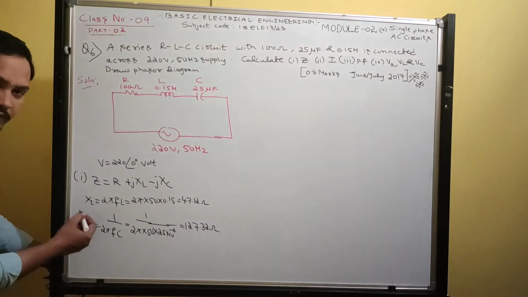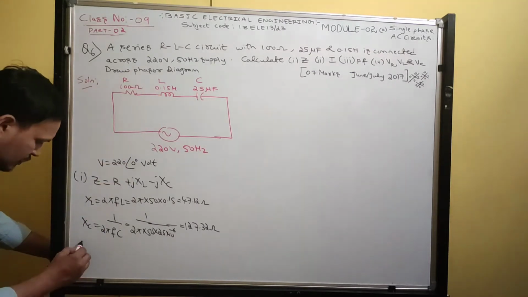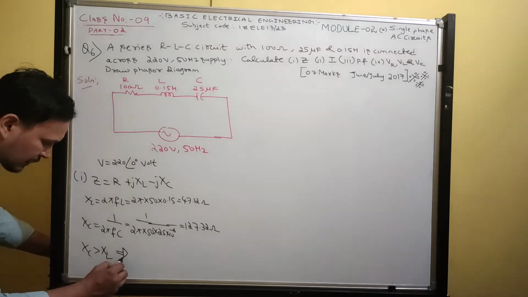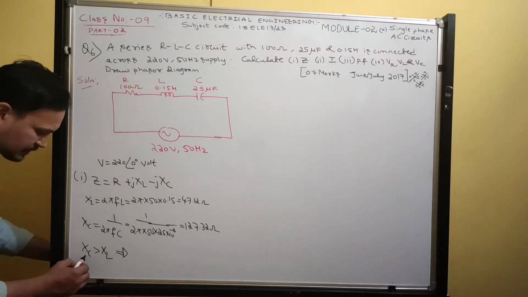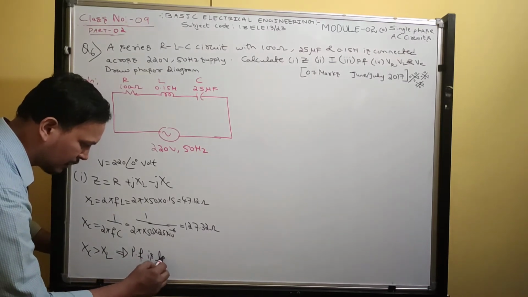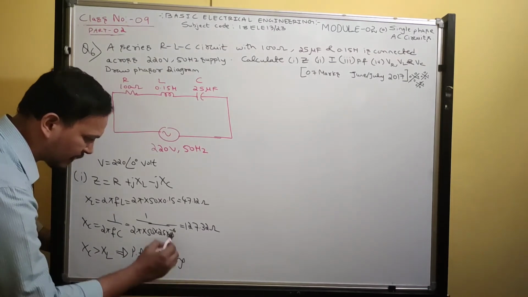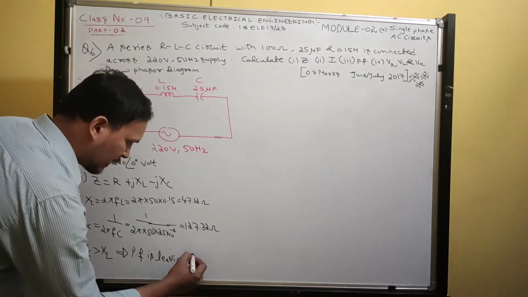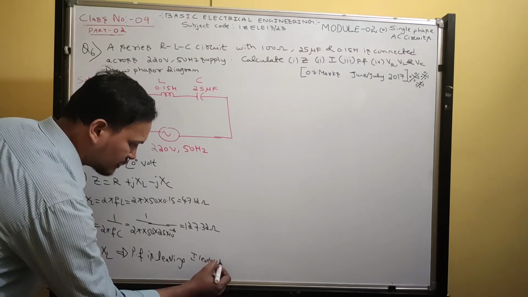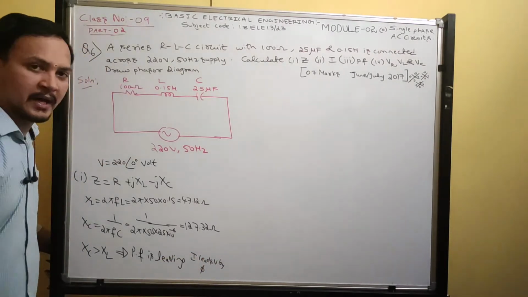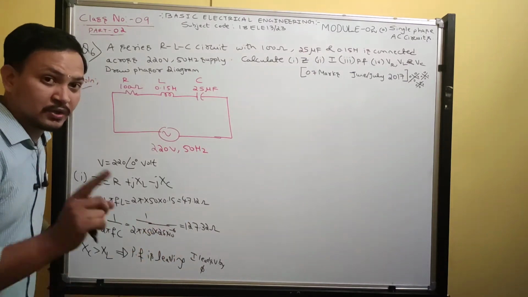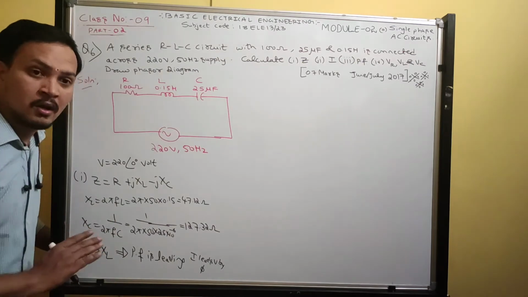See, what is the condition for this RLC circuit? XC value is more than XL. Whenever you calculate the power factor for this condition, where XC is more than XL, you should write that the power factor is leading. And the current leads the voltage by some angle phi. Leads means you should get the current angle positive.